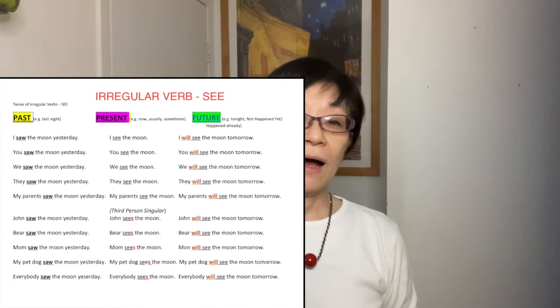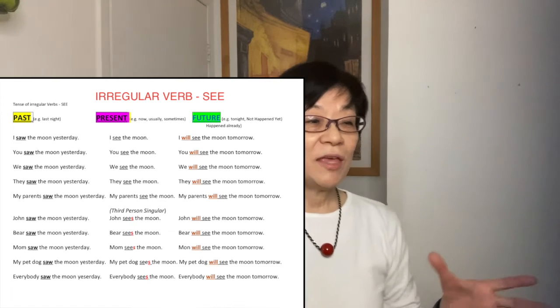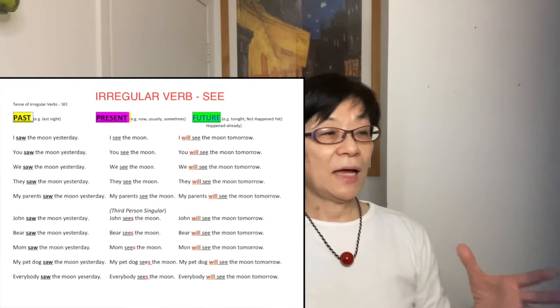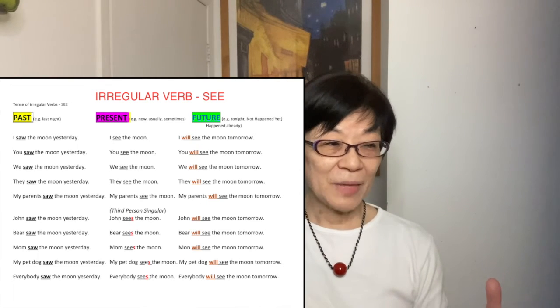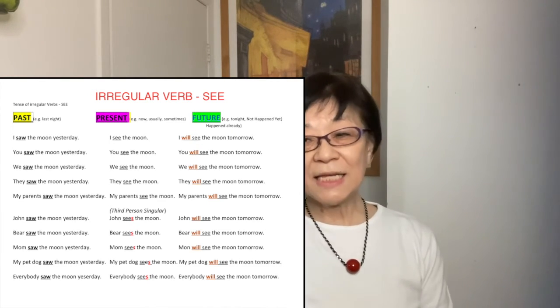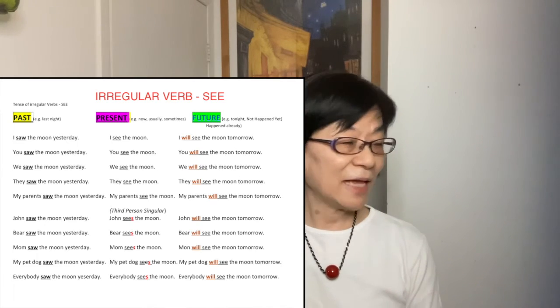Irregular verbs are about 200. So if you learn 20 this week, you have only 180 left for the rest of your life. That's pretty easy, right? Okay. Now, the easiest way to learn is through the sound of the verb. For instance, see is see, saw, seen.